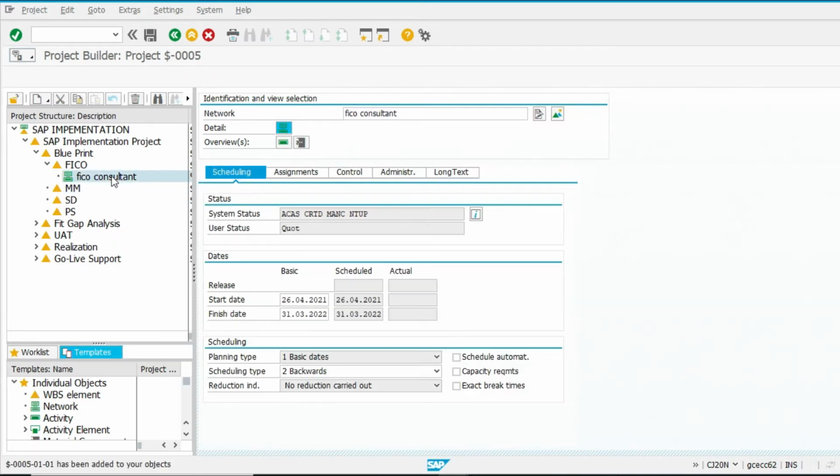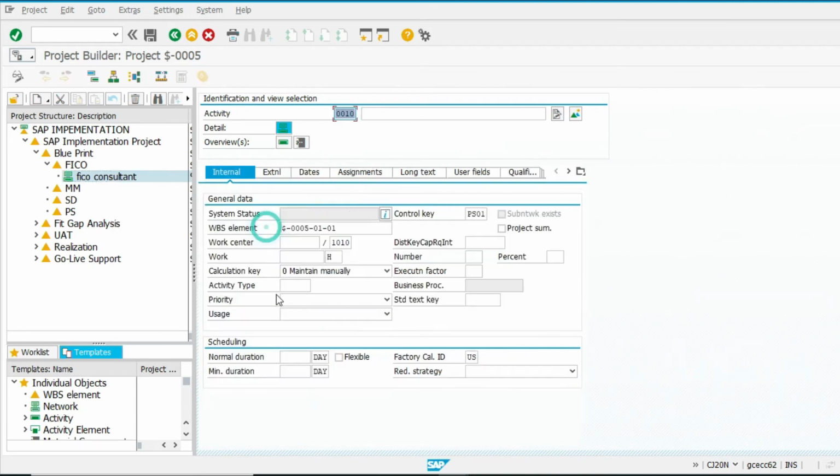So now we are going to create an internal activity. Finalization of blueprint. Calculation, maintain manually.